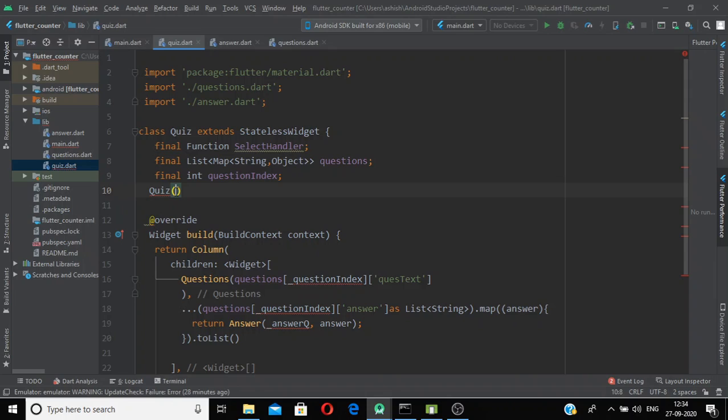Now our quiz method or constructor is first taking an argument of this.